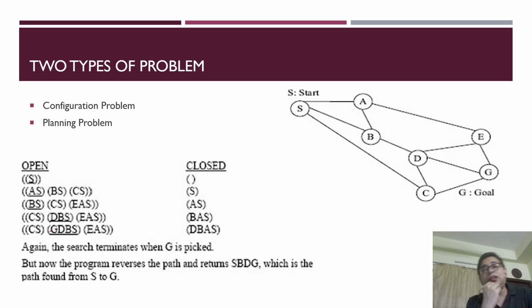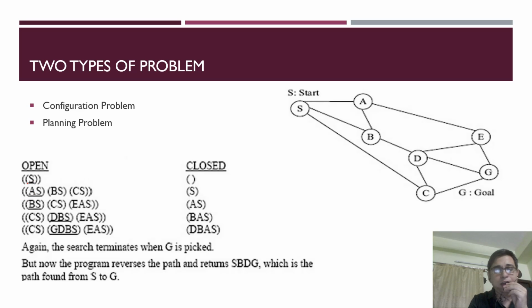So this type of problem, where we are interested in the path, we call a planning problem. For the planning problem, we understood that there is a need to change the way we represent the nodes. A very simple scheme is that we just append the parent to the existing representation. When we have expanded AS into A, B and C, we have represented it as AS, BS and CS. So this will add more processing, because every time you need to